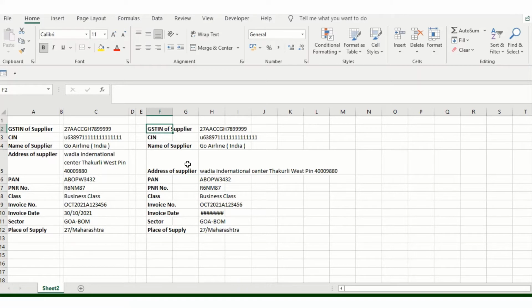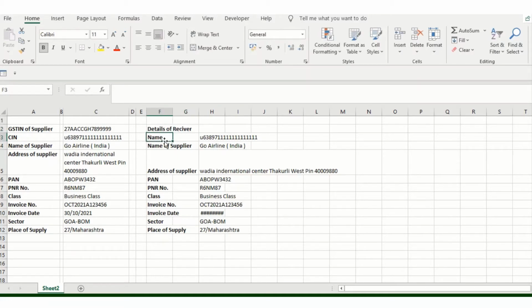Now this is the supplier details. Now we need to add the details of the receiver. So this is basically your details of receiver. It is easy to make changes, so I have just copied and pasted the format. Name of customer: just add the customer, I mean the receiver, the same thing we are adding.